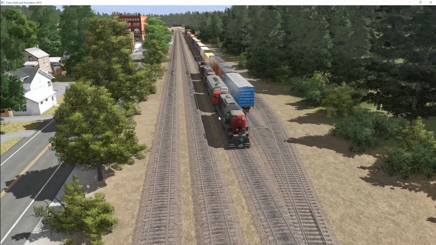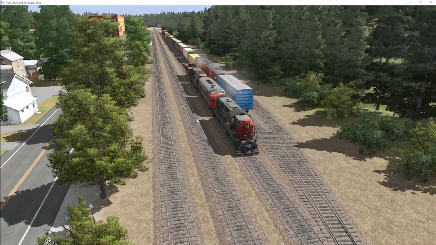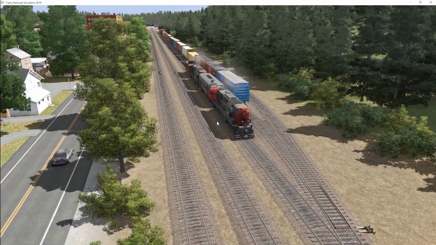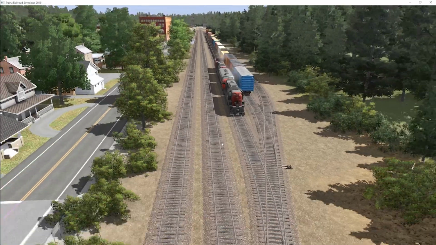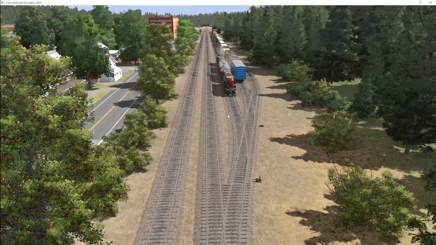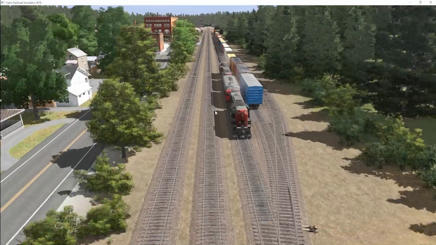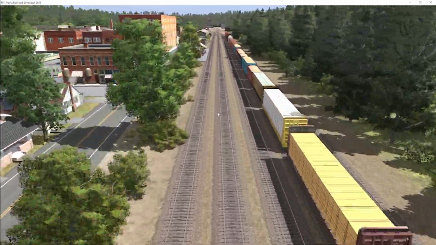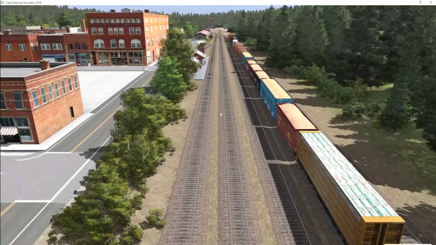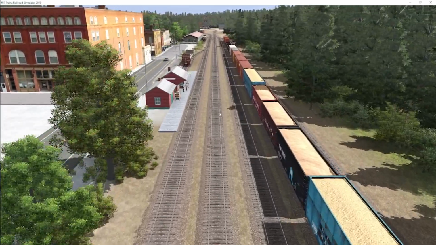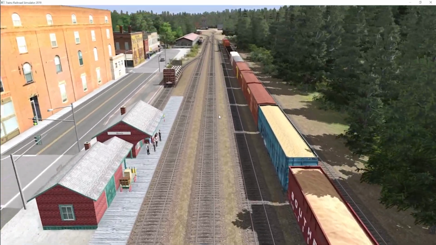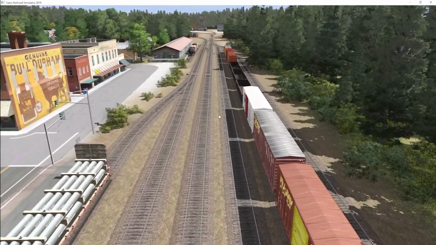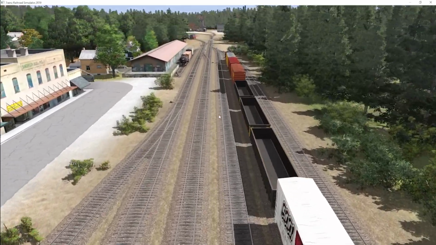I did model CTC on the main line. If you guys would like a video on CTC, I'd be happy to show you how to set it up. Keep in mind, because it's Trainz, it's not perfect. You know, if you give them a switch and a signal, they're still not actually going to go. You do have to give the AI engineer a place to go to, and I use track marks to help with that. But the signaling systems, whether you're using APB with either the setup in the last video or this setup, or if you use CTC, of course, with a few small modifications, you can absolutely get traffic to flow